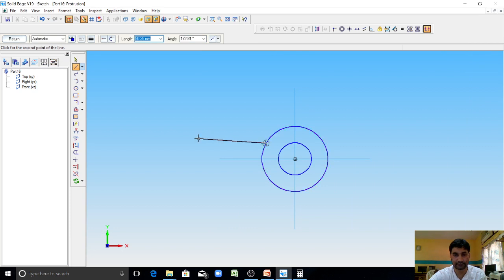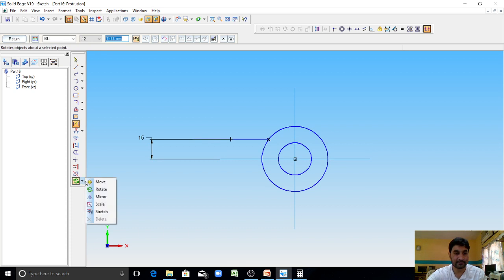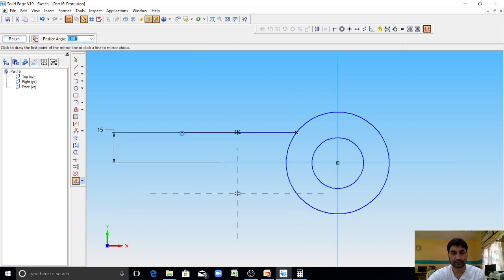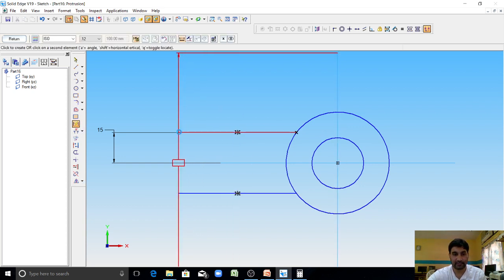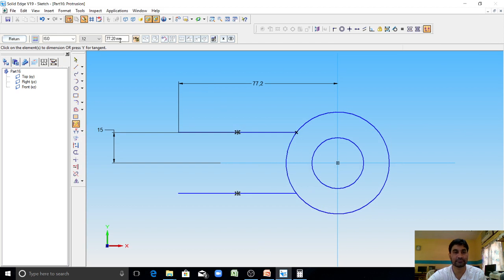So mirror this line with respect to this plane. Distance from this to this end point is 100 mm. You can see here this is 100 mm.